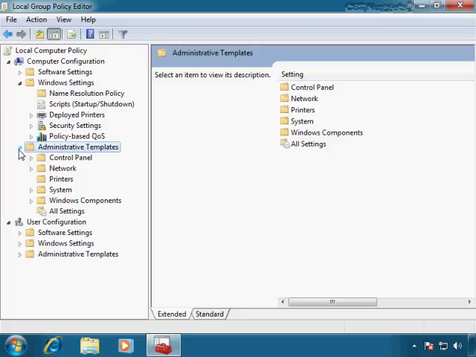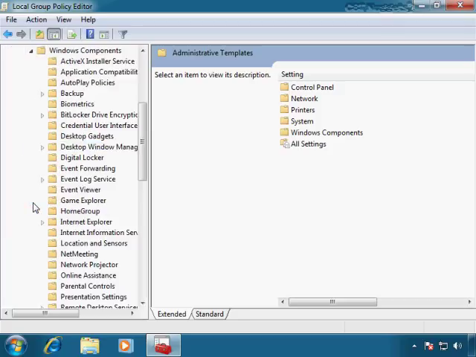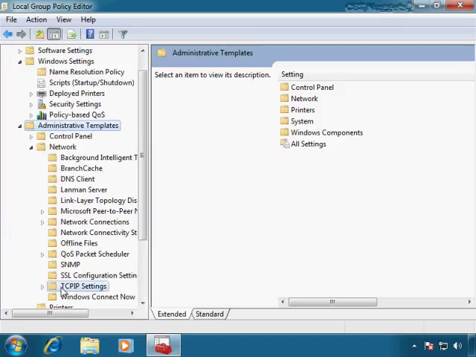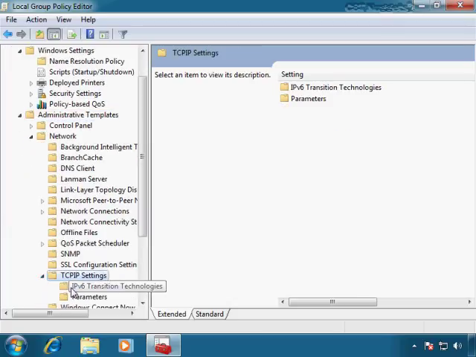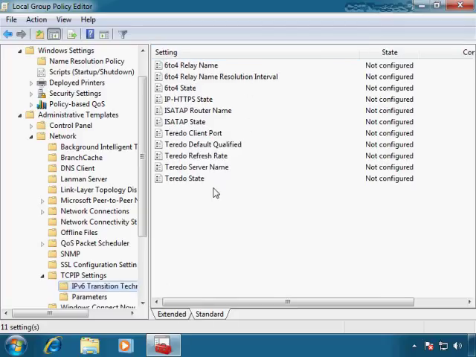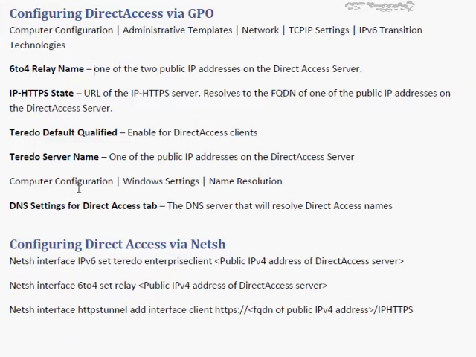And then the other one that you're going to need will be found under Computer Configuration, Administrative Templates, Windows Components. Then you'll go down to, actually you won't be here, sorry. You'll be under Network, and then TCP/IP settings. That's where we'll need to be. And then our IP version 6 transition technologies. And we discussed what a lot of these were in a previous nugget. But in particular, what you'll need to do is configure these items that I list for you here on the